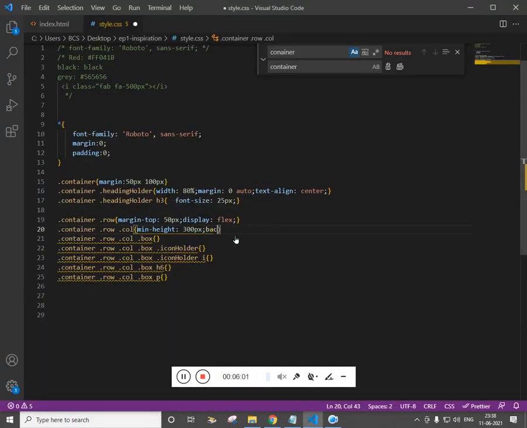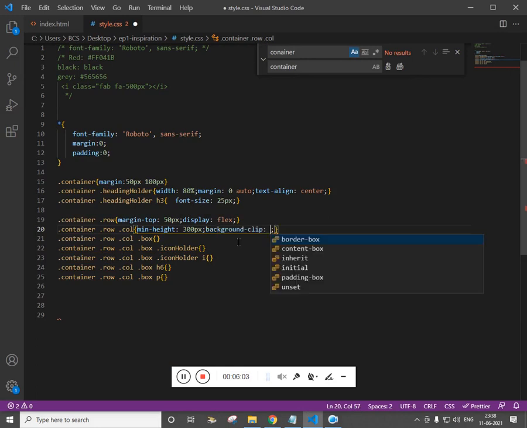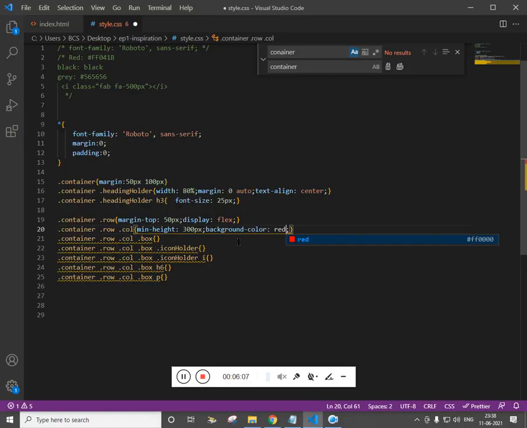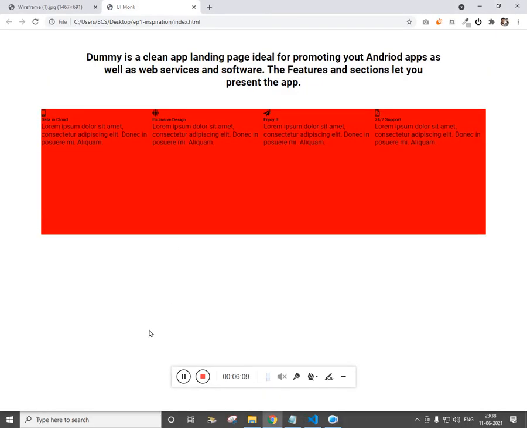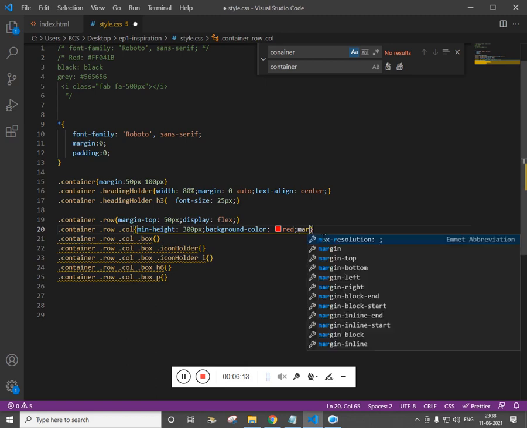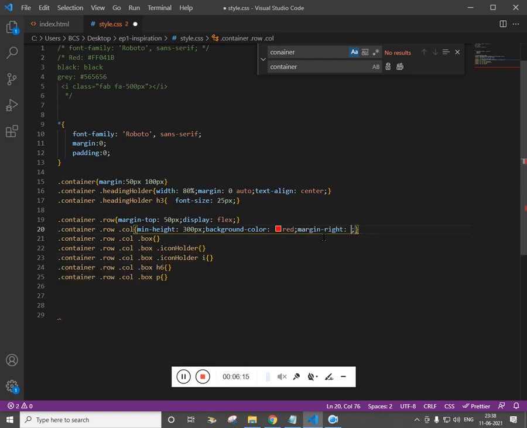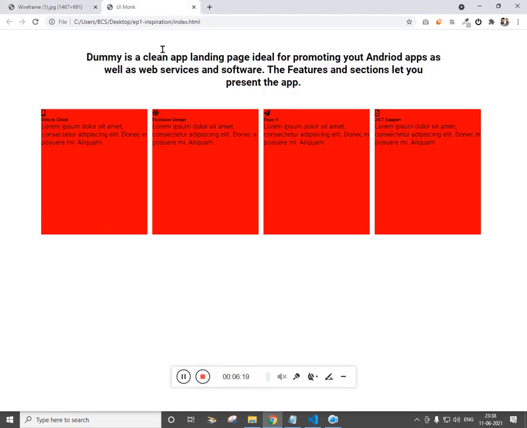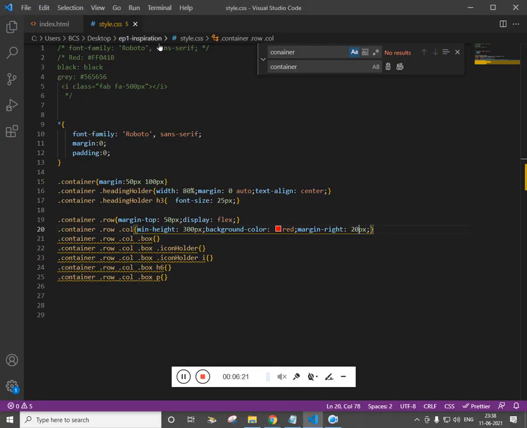For now, temporarily, let's give the background color red, and we need a margin right 12 pixel and 20 pixel.